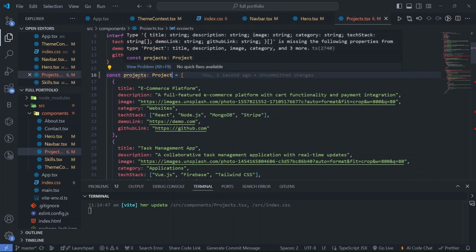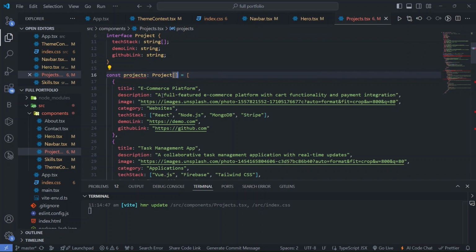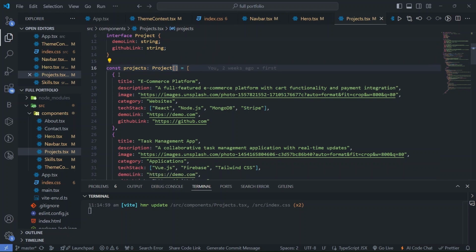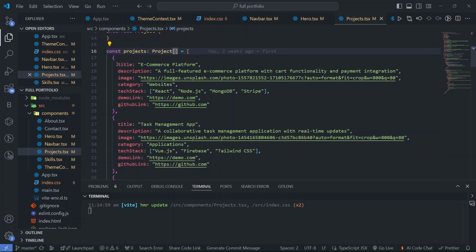See, the title, description, image, category. These are the things in the project, so these are missing, right? Because we are using an array of objects, we have to define here that it is an array. Now here we have defined some objects